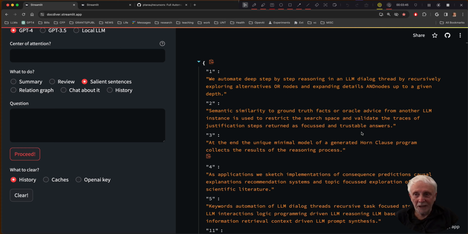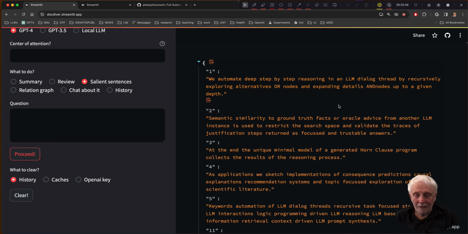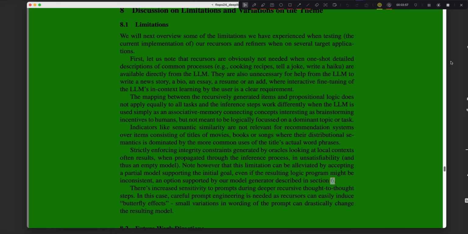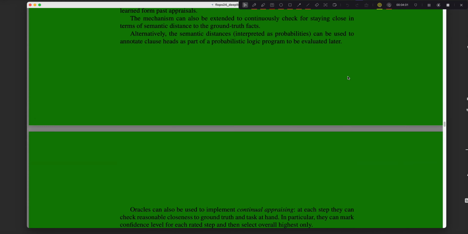This actually reuses some of the infrastructure that the paper itself presents, which is, if I would show it to you right here, it is actually